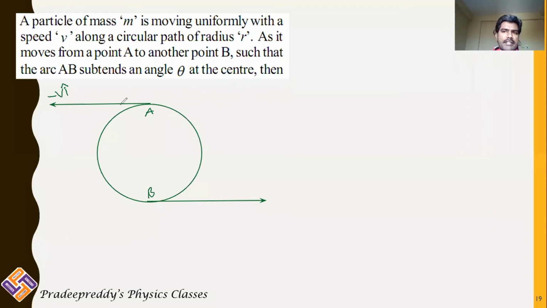So whenever you are dealing with circular motion, magnitude of velocity will remain the same. So VA magnitude is equal to VB magnitude is equal to V. Magnitude will remain the same, but direction is different. So at point A, it is minus V I cap because it is traveling along negative x-axis. And at point B, its velocity is along positive direction, so it is plus V I cap. I want to find out change in momentum. Delta P is equal to final momentum minus initial momentum. Final momentum is momentum at position B, so it is PB minus PA.